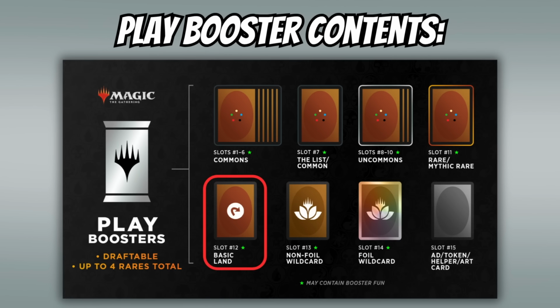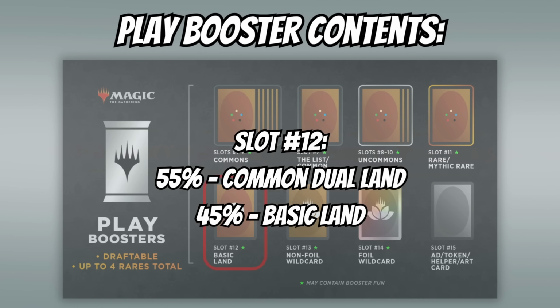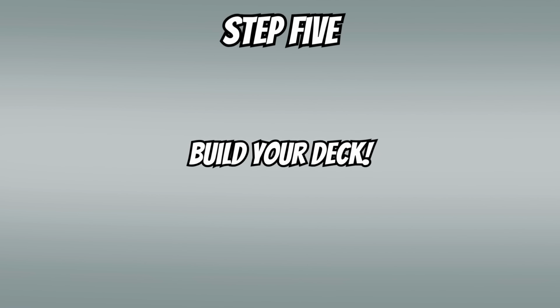And the final slot will be a land card that will be a common dual land 55% of the time, and a regular basic land the other 45% of the time. Alright, we now have everything we need to begin our deck build. If you'd like to see an example of a Final Fantasy sealed deck build, stick around to the final segment